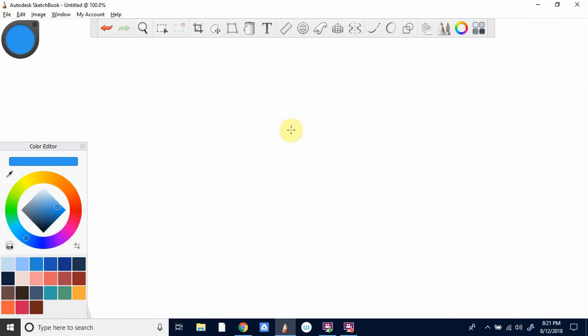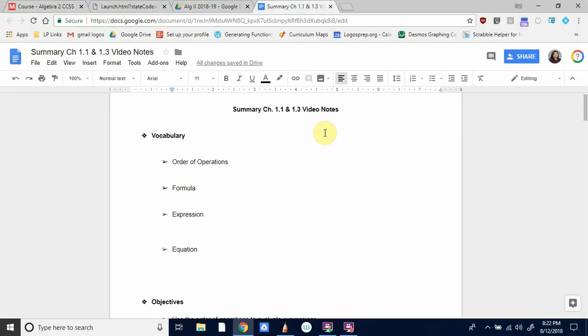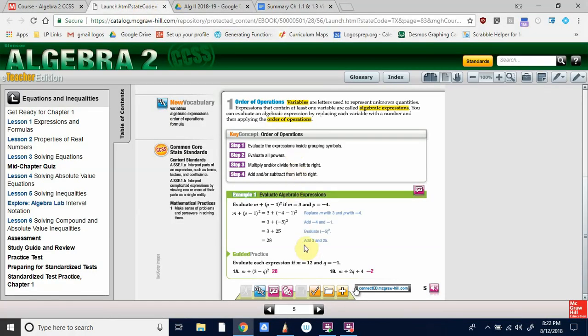And a formula is a formula to solve something. For instance, area of a rectangle is going to be length times width, right? Volume of a rectangular box is length times width times height. And if we're given 3 of the 4 pieces for volume, we can solve for a missing value. Okay. You need to know how to translate into verbal expressions. So, but before we get there, when we are evaluating